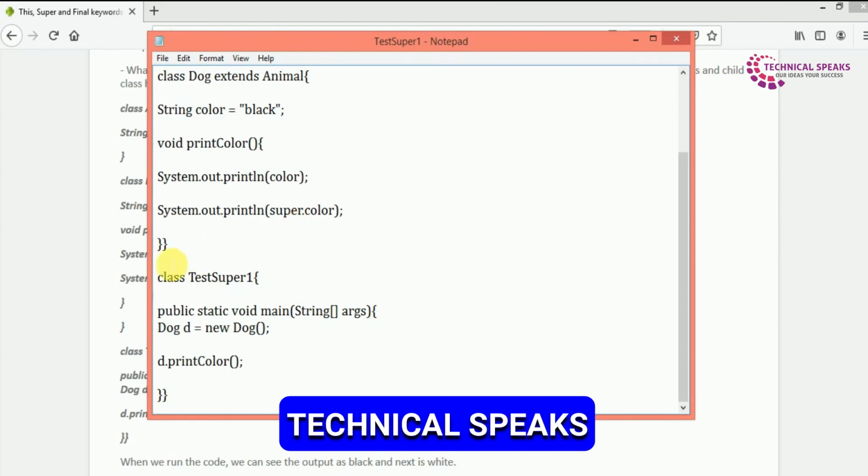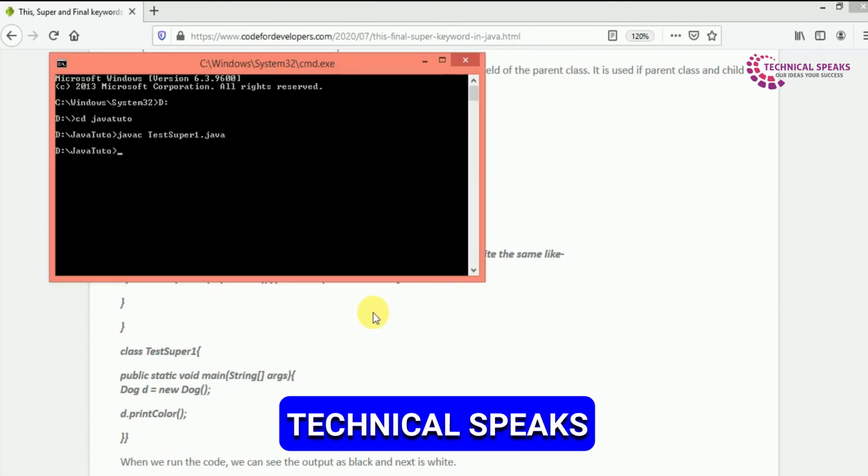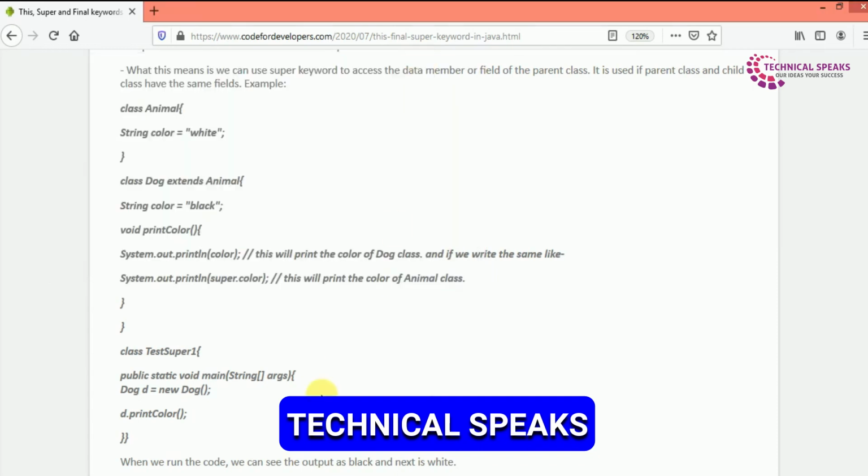Class TestSuper1, public static void main(String args[]), Dog d = new Dog(), d.printColor(). When we run the code, we can see the output as black and next is white. Hope you get the point of what exactly the super keyword does here. When we applied the super keyword, it accessed the field of the parent class.